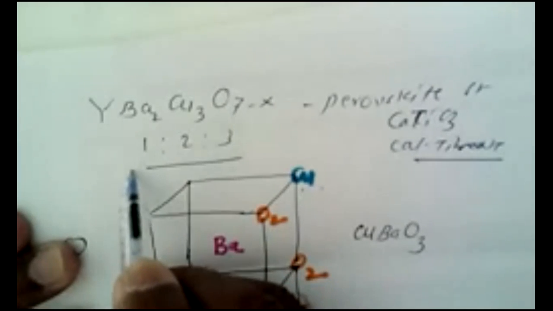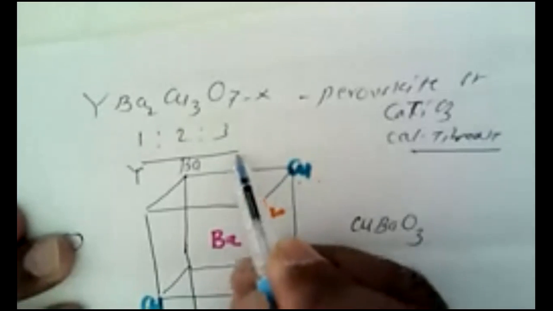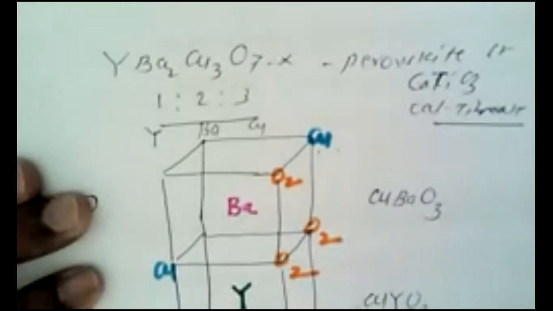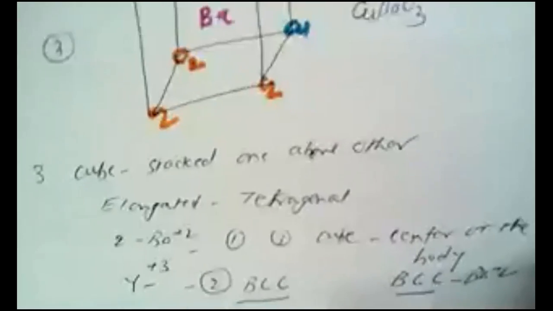Now here, why is this tetragonal structure of YBa2Cu3O7-X regarded as a 1, 2, 3 ceramic superconductor? Because the proportion of yttrium is 1, that of barium is 2, and that of copper is 3. Hence it is known as a 1, 2, 3 ceramic superconductor. Now here, why does this structure act as a superconductor? Because superconducting materials can conduct huge electricity without any losses, that is, without any resistance.